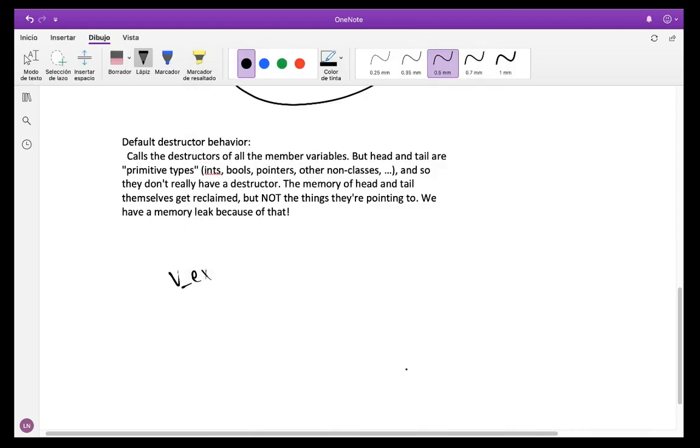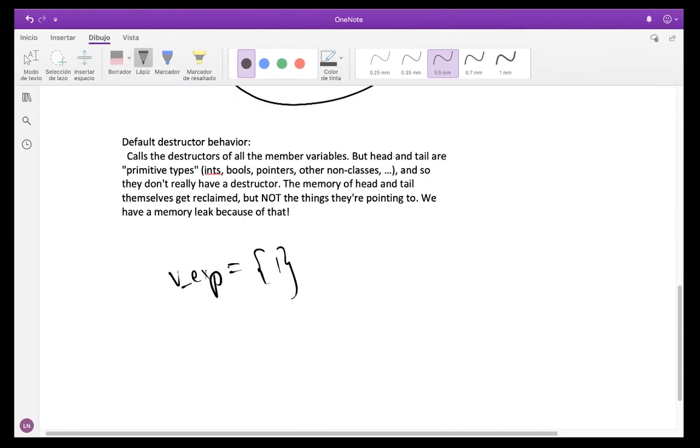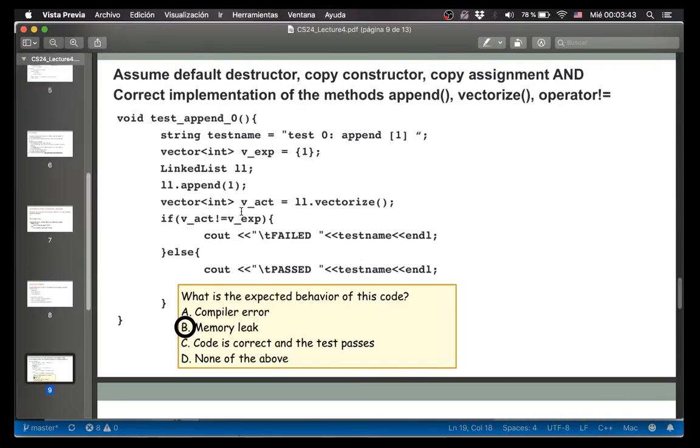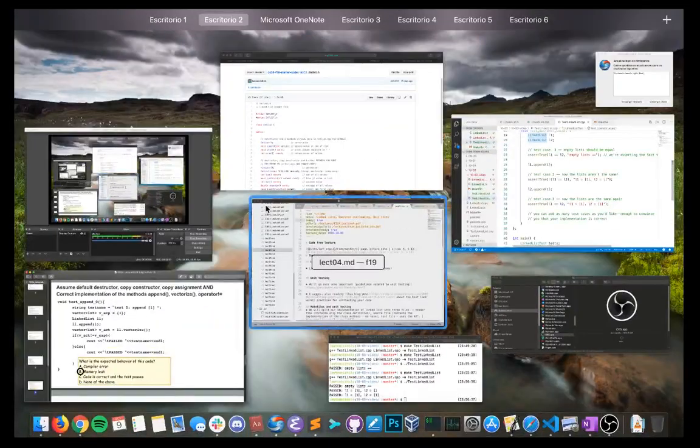What is happening? Sure. vexp equals, you can think of it as an array holding 1. And then we also make a linked list, LL, which holds just the value 1 because we append to it. We add one thing to the end of it and it starts out empty. So LL equals the list containing 1. And we end up creating another vector called vact, which is the vector form of that list, LL. All right? Because we made a function over here